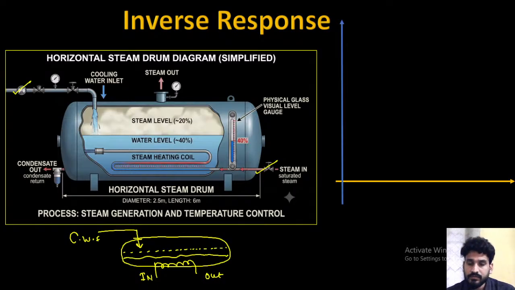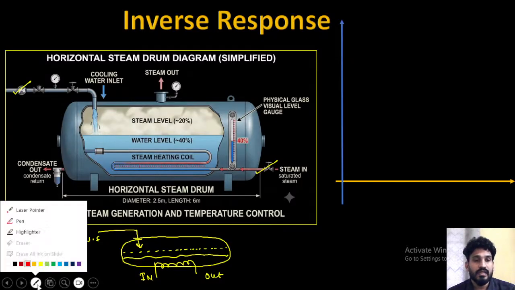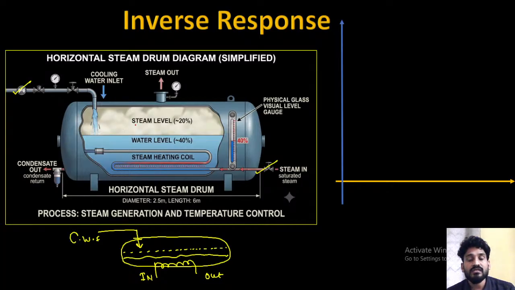See, I think you guys are confused. Just try to understand. Fall, if the hot stream is the same. Yes. So if cooling water is coming into the system, it means there is more condensation. The steam will condense and the level of the steam will fall. It is clear? So this has the capacity to decrease the level of the steam.